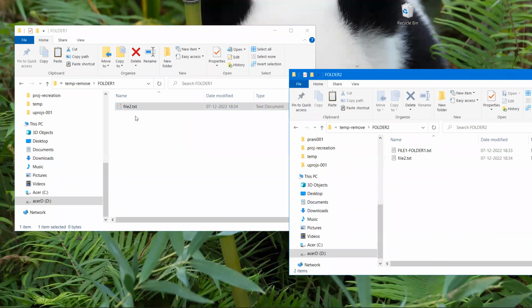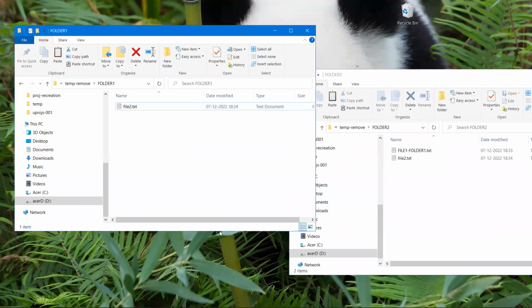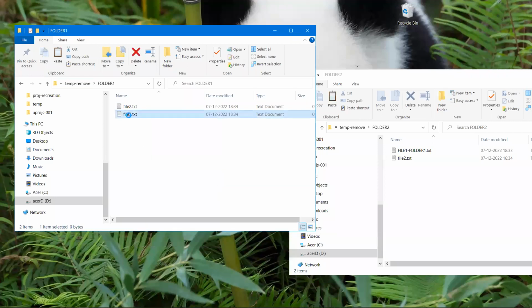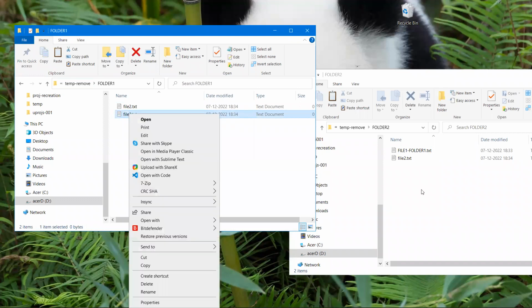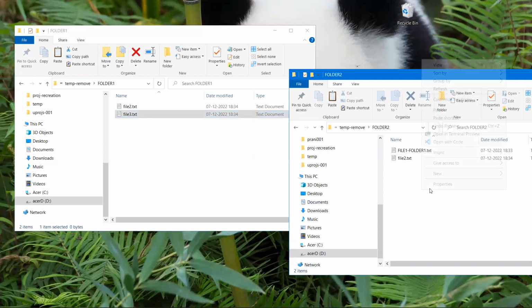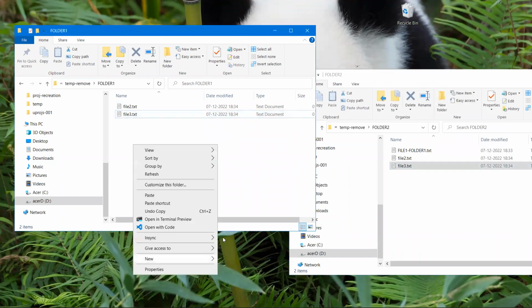All right. Let's do another thing. So create file 3, copy, move to the other side, paste, create. This is all manual I am doing.